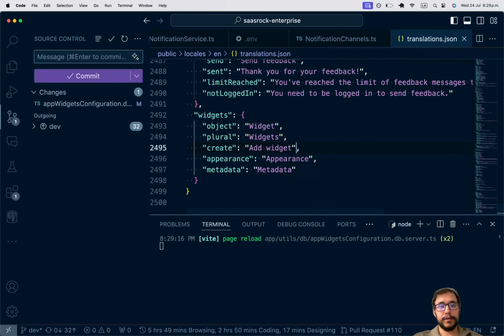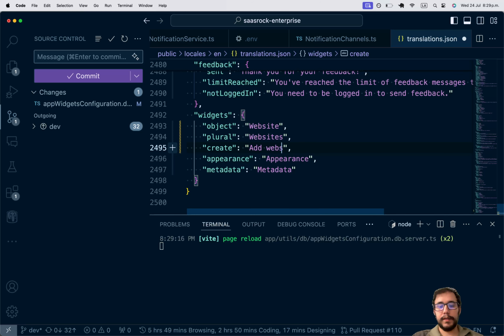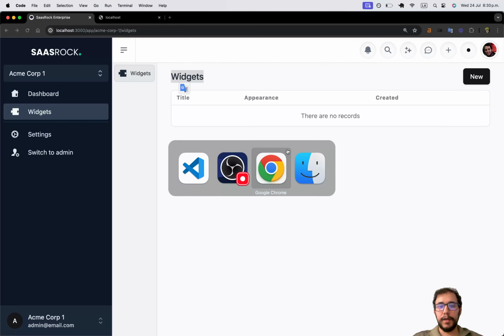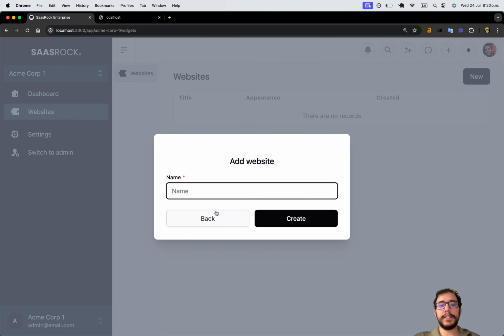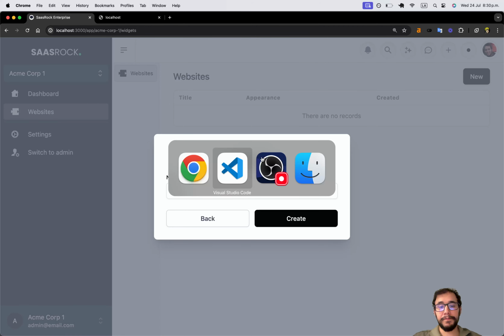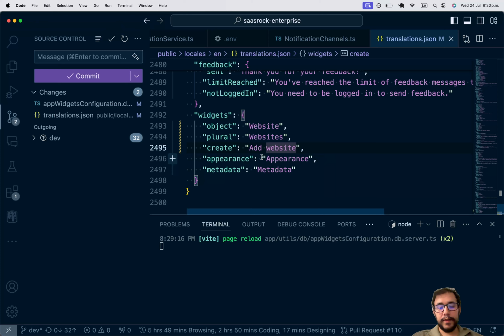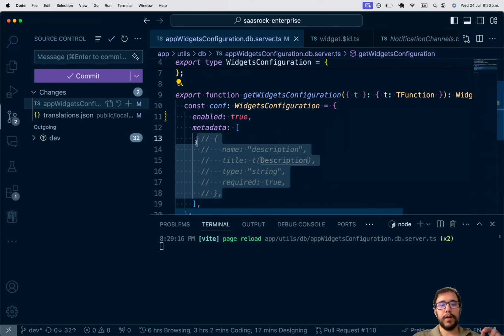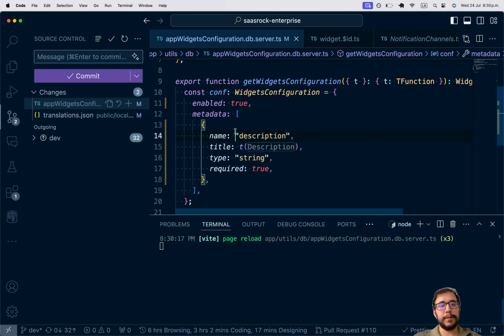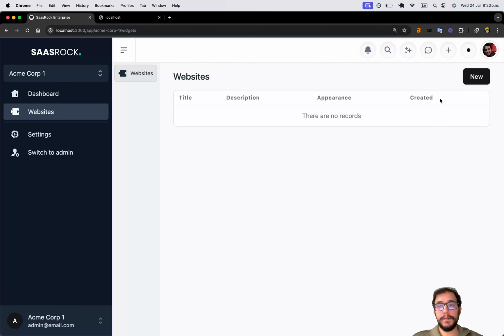So in the translations file, I'm going to replace widgets with websites and add website, and do the same thing for Spanish, French, or any other translation language that you support. So I now have this new add website key. And another thing is that you can extend your properties a little bit, like adding this new description dynamic property just for quick